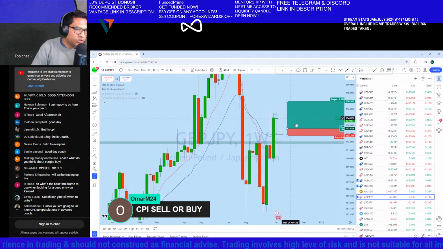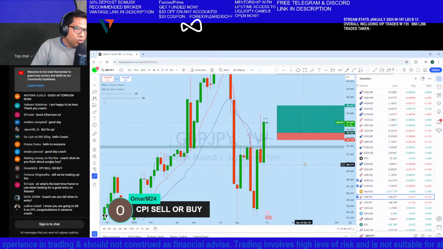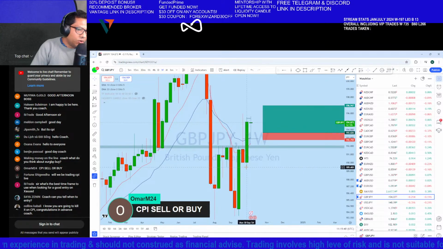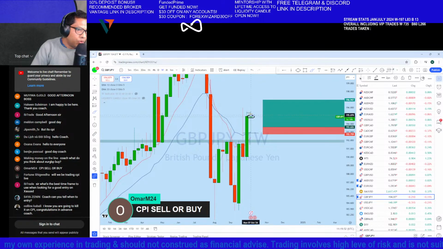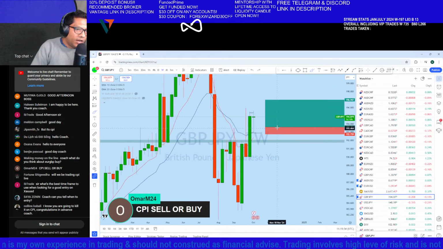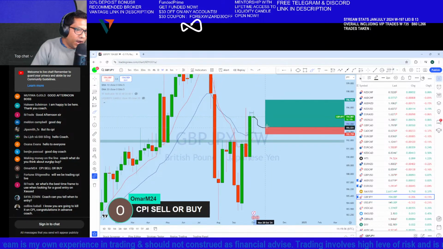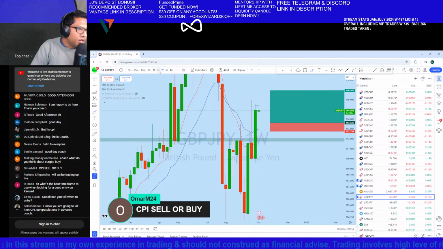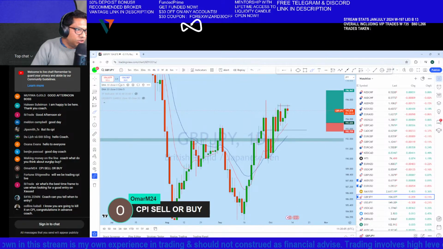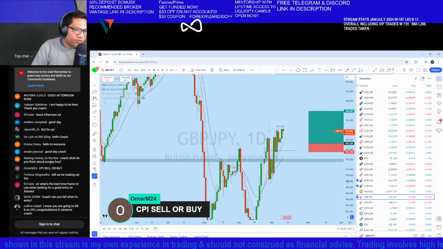If we look at the weekly perspective, we can see that from the weekly, this is the weekly bullish engulfer followed by doji formation from the weekly perspective. And with that doji formation, we might see that GJ is moving back to the upside to create a new higher high. If we look at the daily chart on GBP/JPY,